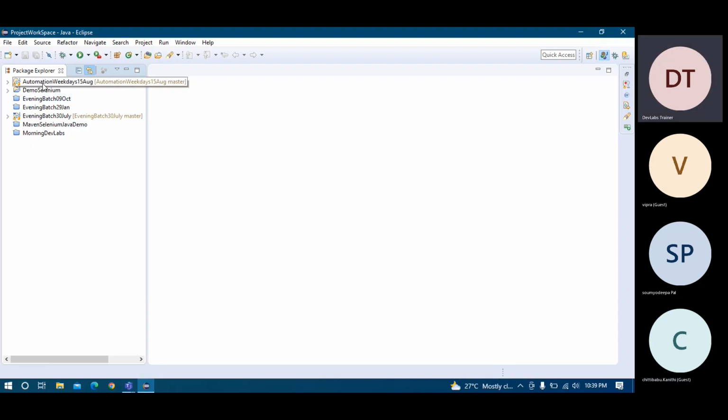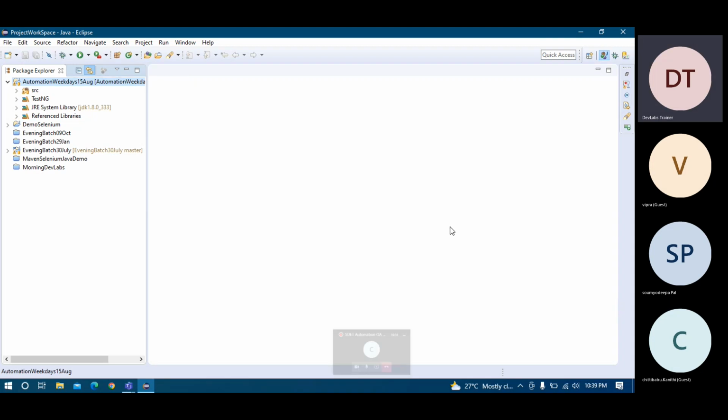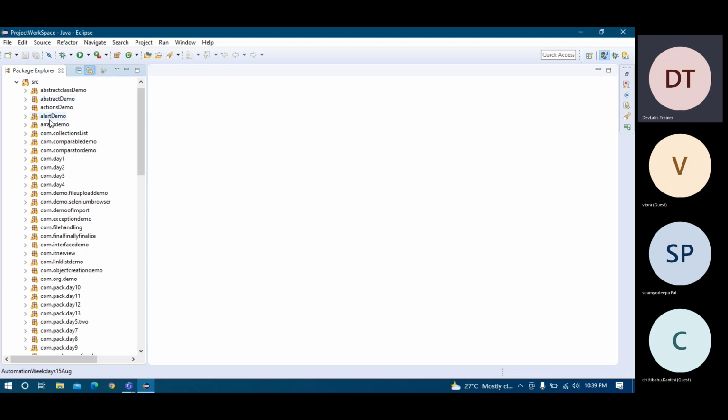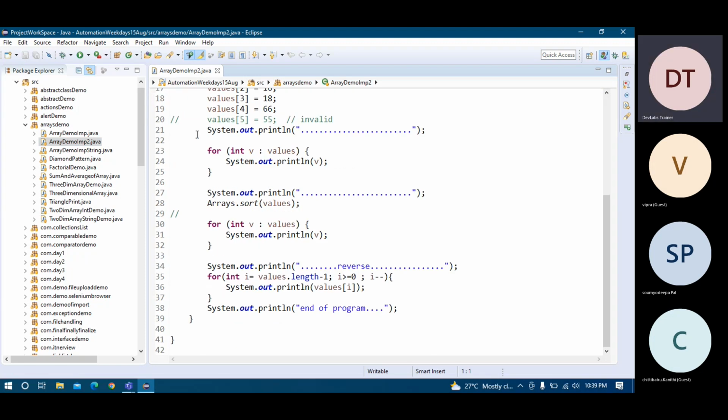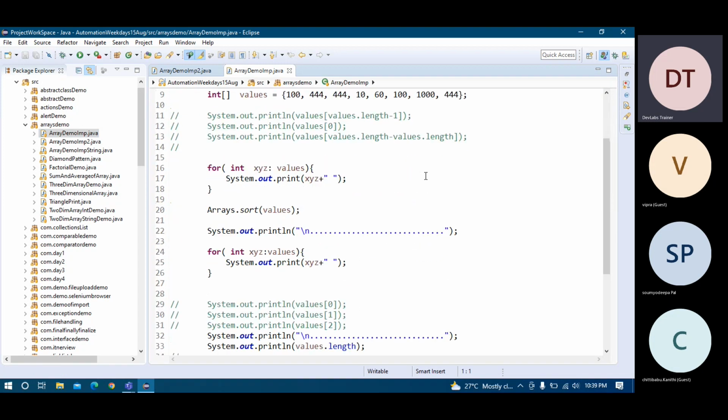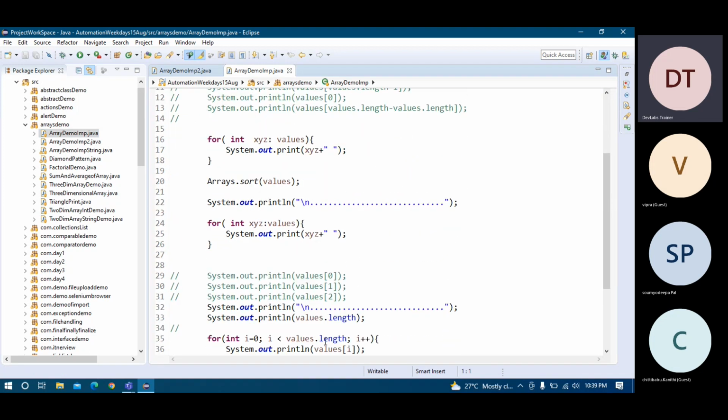So you can see here our Eclipse is open now. I'll go to the src folder and I have ArraysDemo. We have just seen a couple of examples of the arrays part. Now you are familiar with the dot length variable, which is present in every array. Whenever you design an array, it comes by default with every array. So that is one thing.